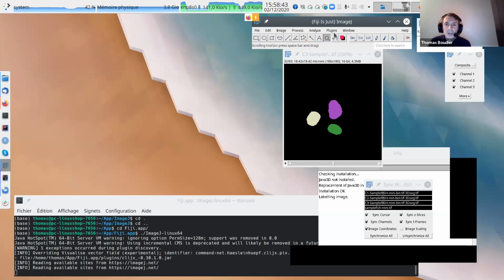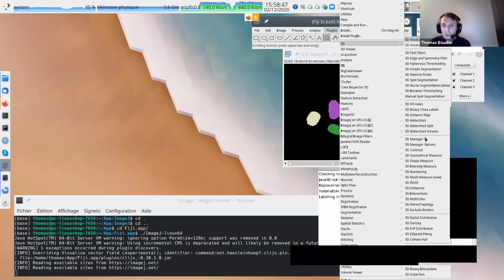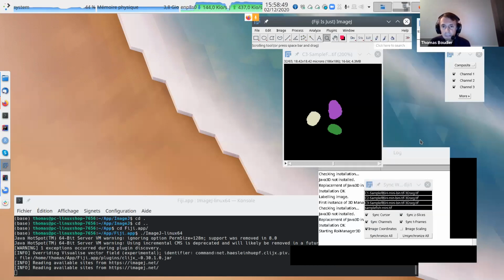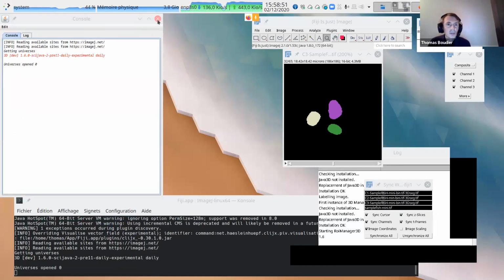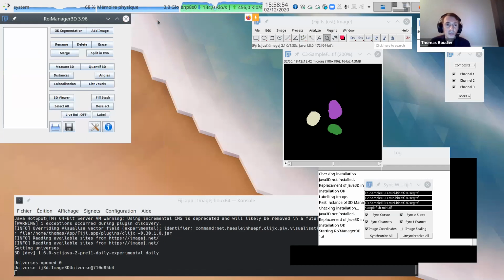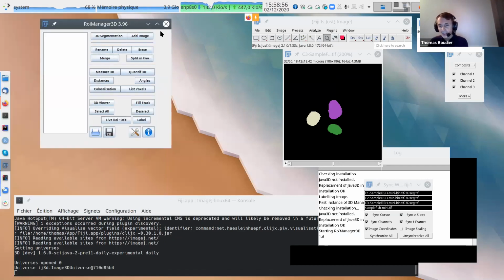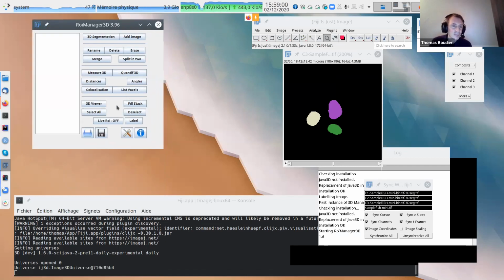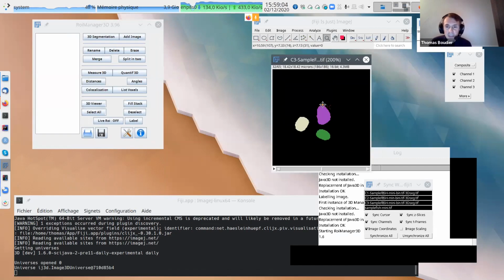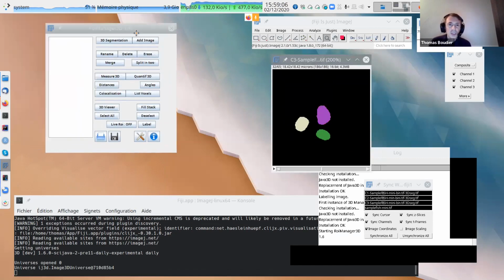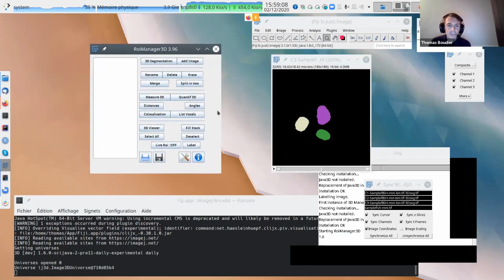Okay, so now we go to 3D Manager. Raising a hand is a good thing because I can see somebody raising a hand, so I can stop and answer. So I have my image, and I have my 3D Manager here.